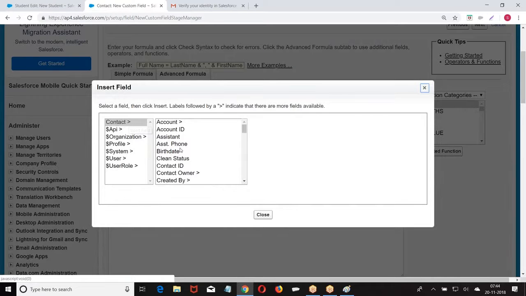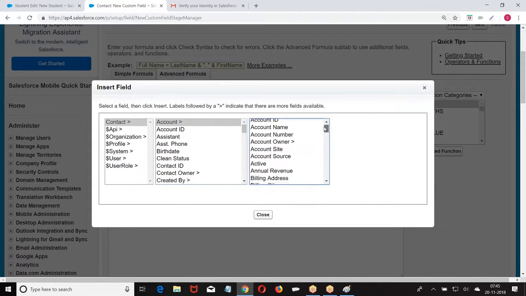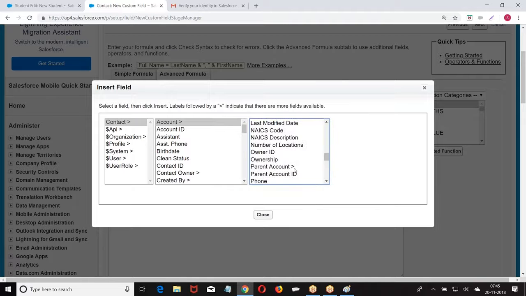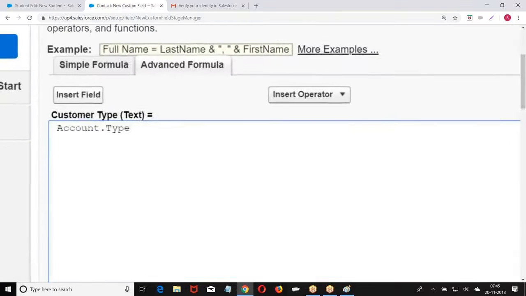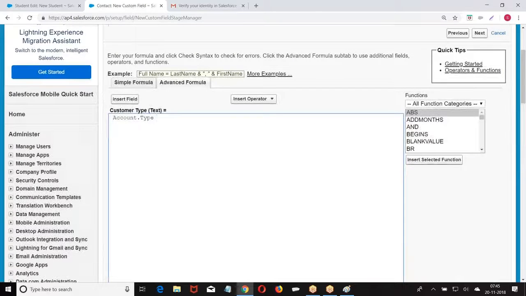Insert contacts, accounts. Why did you say only Account.Type? The relation between account and contact is created by Salesforce.